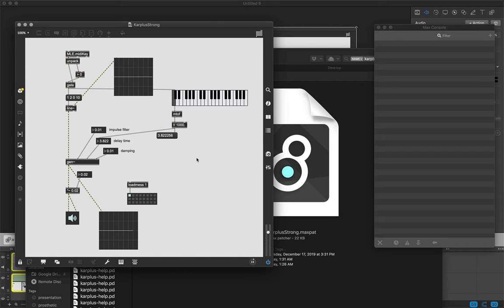So this is a simple example of Karplus-Strong synthesis. This is actually based on a student project from an early version of the class, and it implements physical modeling using a delay line. Now, one of the things I want to point out here is that we're actually using something inside of Max